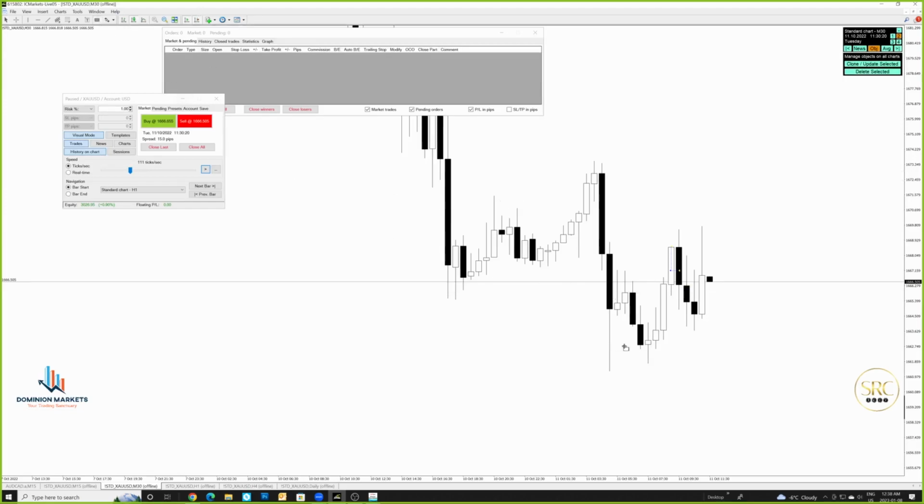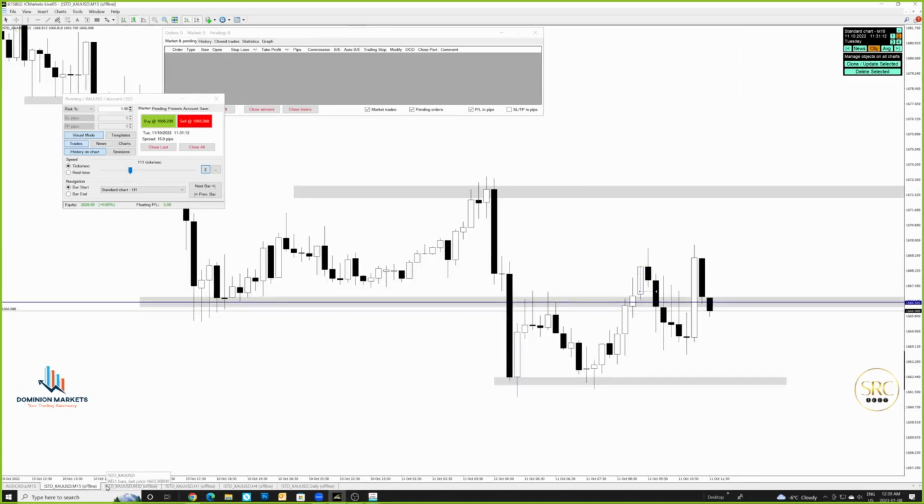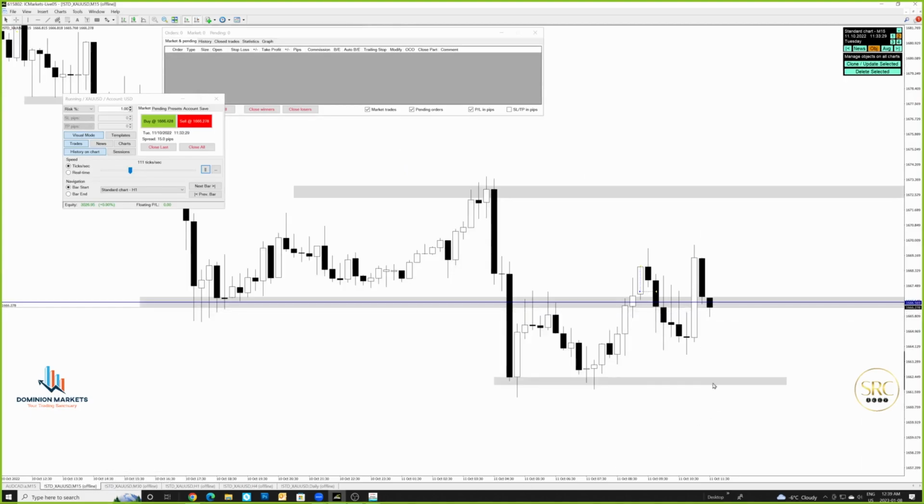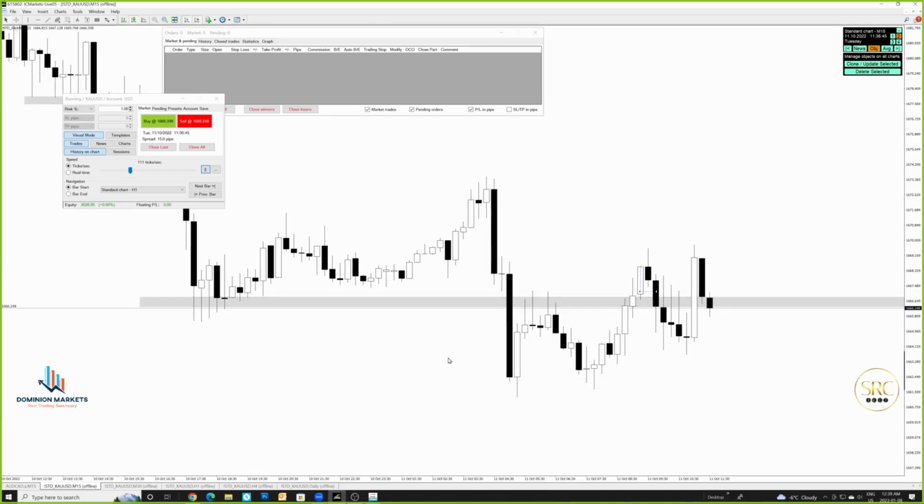Because look, initially we had the support, and now we're creating a new support right here on the 30-minute time frame, and we're also creating a resistance right here on the 30-minute time frame. Now we have this new range. It's like a 42 pip range, which we can do nothing about. That's basically what it is. It's a 42 pip range, which means nothing to us. So we're going to remove this,